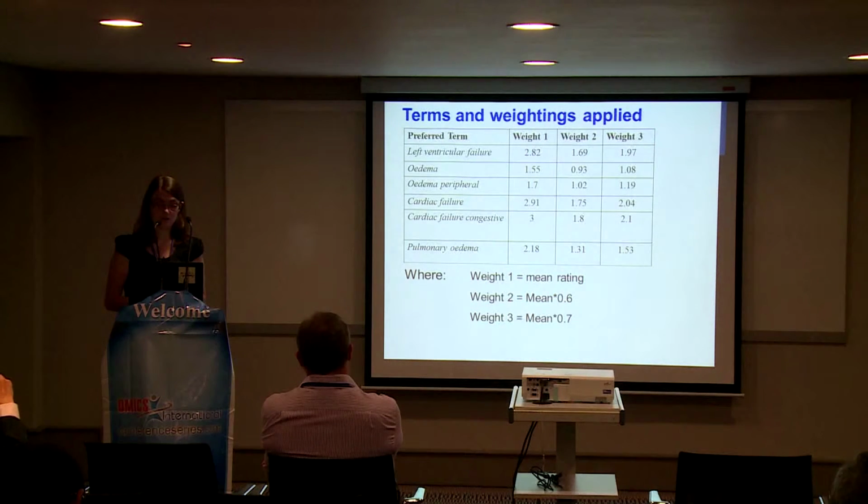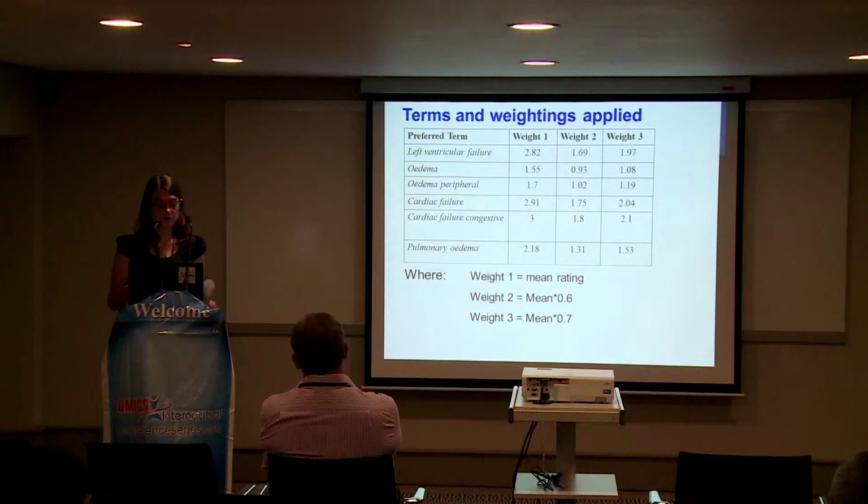Also, the crude weighting from the means, for example for congestive failure, the weighting was 3 overall. So if we apply that weighting with the PRR calculation, one report is automatically a signal, whereas those terms that were closer to 1 are rated closer to 1. If we apply that as a weighting, it's kind of ineffective and doesn't really make any